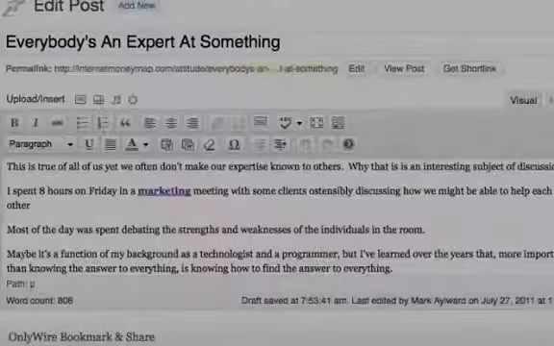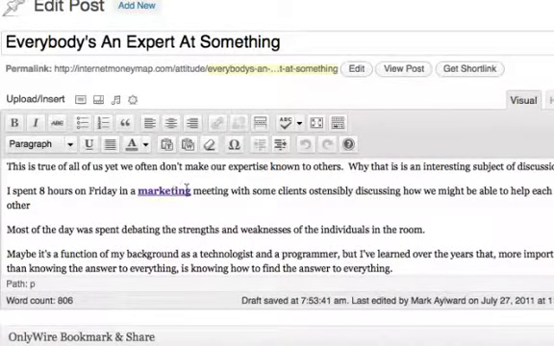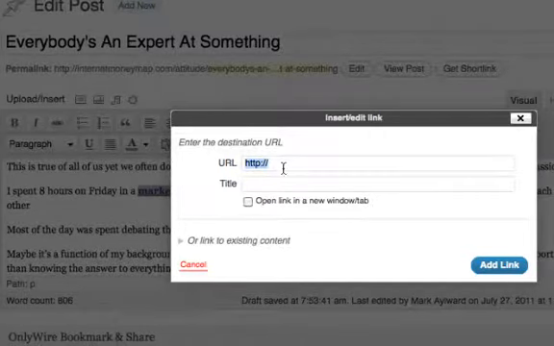Just very briefly, you can see right here, I have the word marketing in this particular post. And all I've done is go up here to this little button and installed a link. Now, I don't know where this particular link goes, but it could go to one of my other pages on my own blog, or it could be a link to something that I thought was relevant about marketing somewhere else on the internet. One's internal, one's external. You need them both, okay?